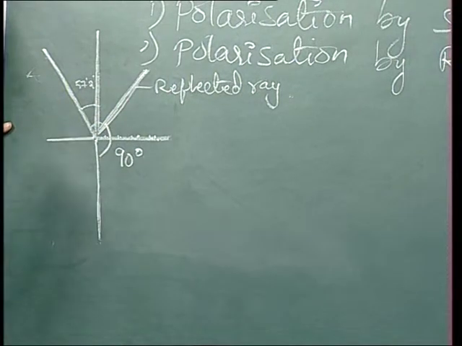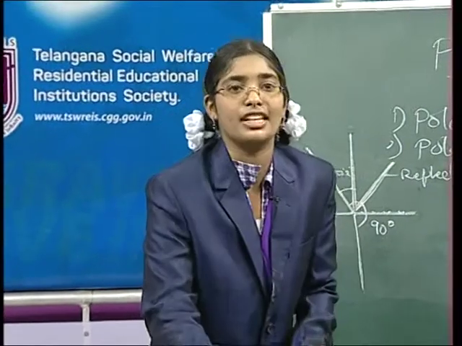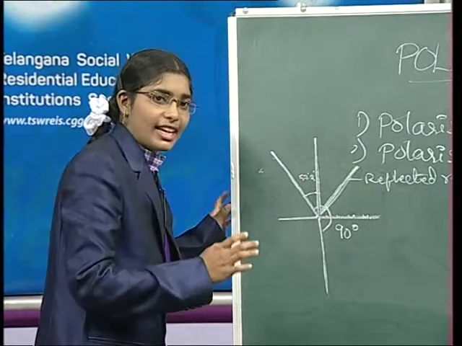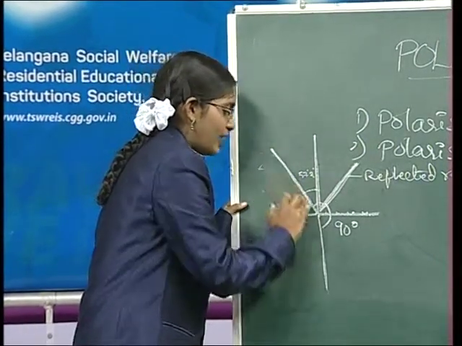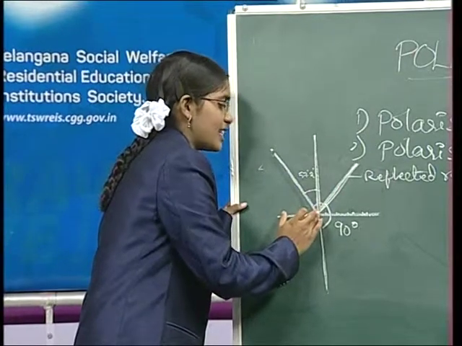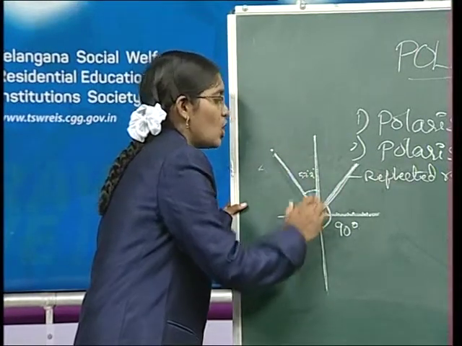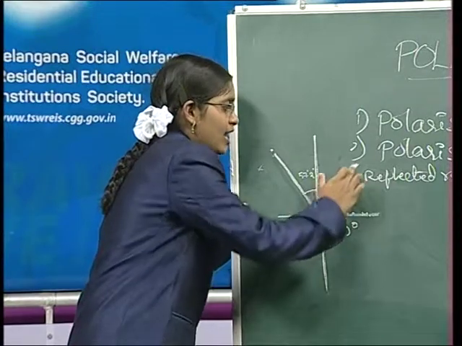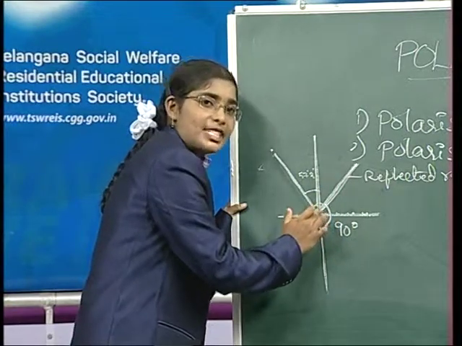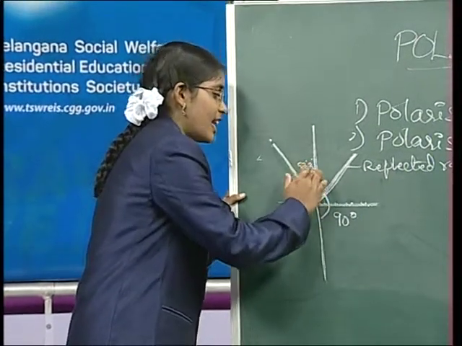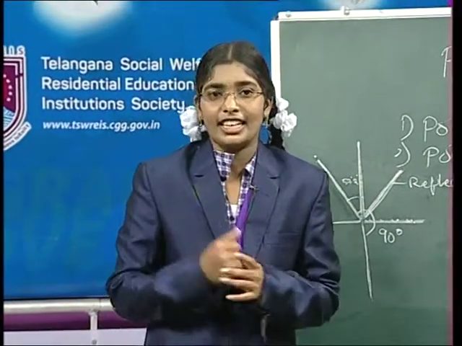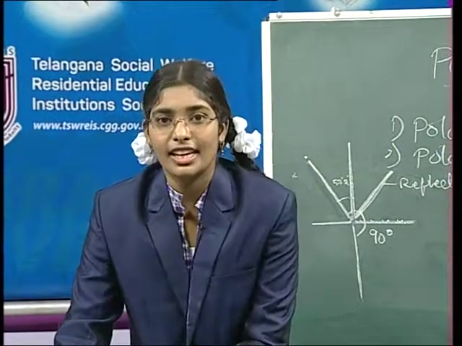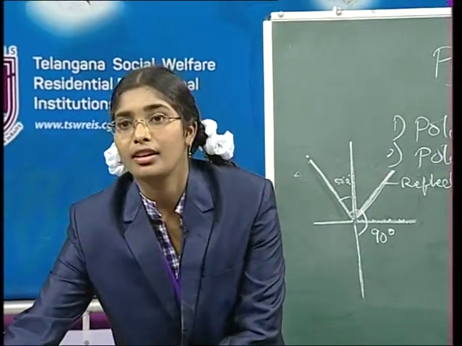Whereas here, if this is the normal, and the angle is exactly 57.2 degrees, then this angle is said to be the Brewster angle, what we have learned. The Brewster angle is the angle made by the incident light, exactly 57.2 degrees to the normal, at which the reflected light gets polarized. This angle is called the Brewster angle. Is it clear, Sweros? Let us see it lively. Here are some examples.